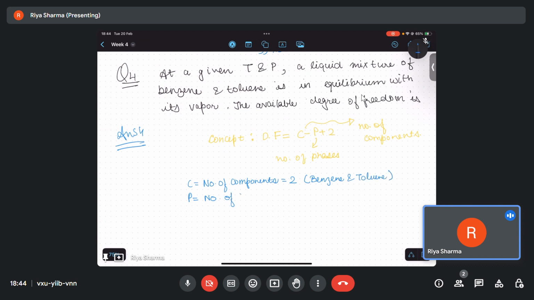P is the number of phases. It's a liquid mixture and it is in equilibrium with its vapors, so phases are vapor and liquid state. Both are there, so it will also be 2. So if we write the formula, C minus P plus 2, which will be equal to,